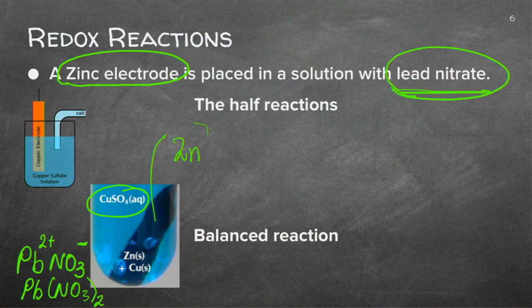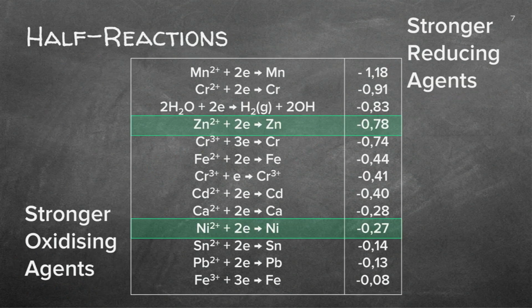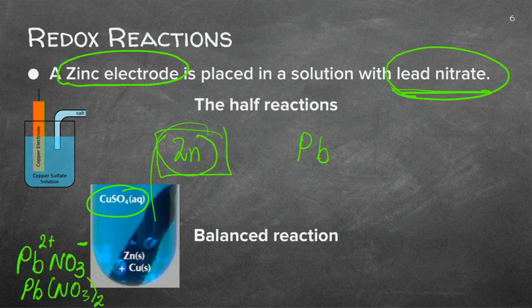So we've got zinc and we've got lead. Now let's have a look at our table. Which one will be oxidizing? Which one will be reducing? At the top, you'll find here your lead. Can you see that's lead? And at the top, we've got zinc. Now, which one is the stronger reducing agent? Obviously, it is zinc. Now, let's just go back. We started off with zinc in a solid phase. The lead was ions and it is in the electrolyte.